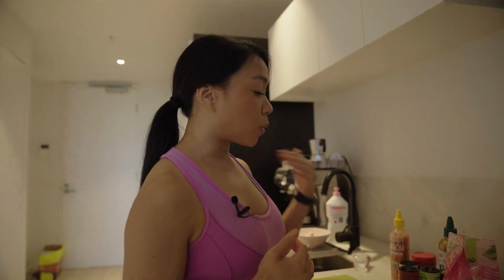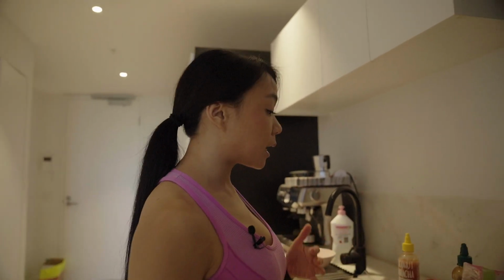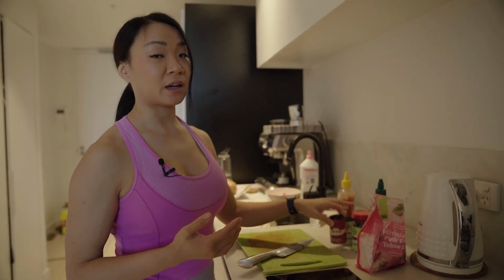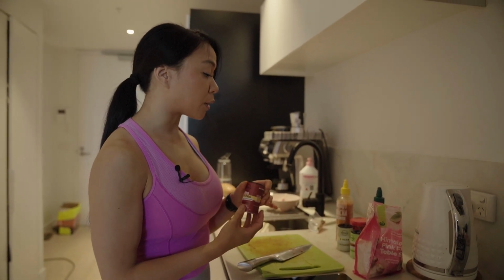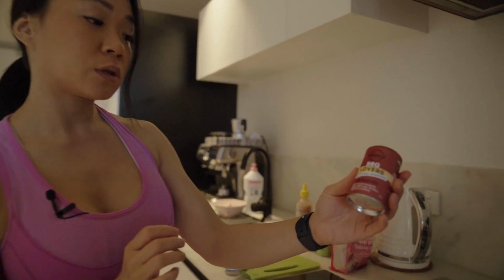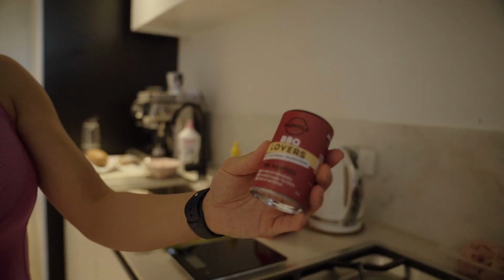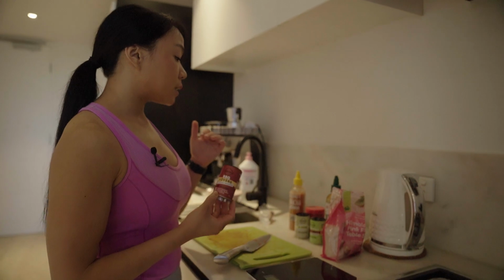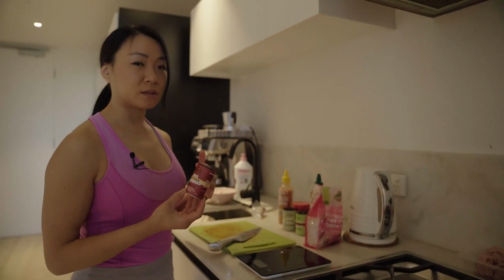Okay, so what I've mentioned about the seasoning, I love Mingle. As I mentioned, it is an Australian-based company. I don't think you could get it anywhere else, but they look like this. I'm just gonna show you guys. I've tried so many different seasonings, but I really love this one because there's no